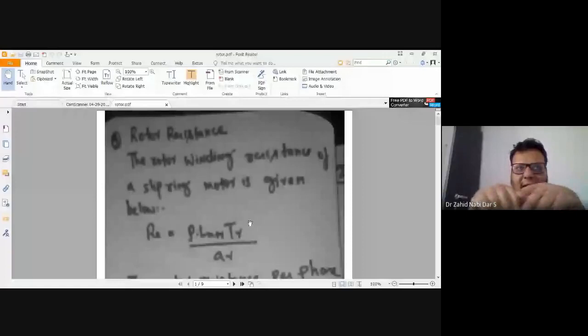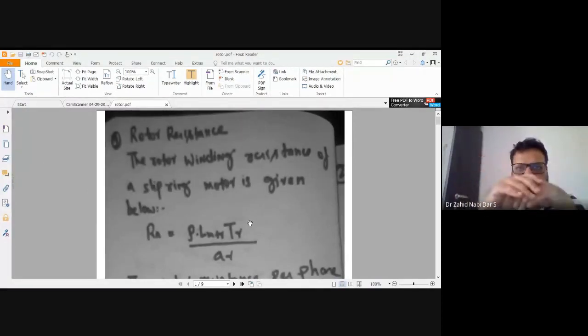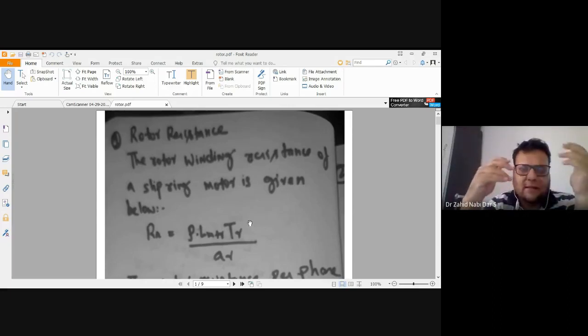After that, we saw end rings. In the very first lecture of this, we calculated how to calculate the end ring current, and we got an expression for end ring current. Then we got an expression for bar current, and we have seen a lot of factors, what are the factors affecting the induction motor. Those factors we studied in yesterday's class. Also we have done one particular problem and the length of air gap calculation. Now we are going to wind up this induction motor topic with the rotor resistance calculation.